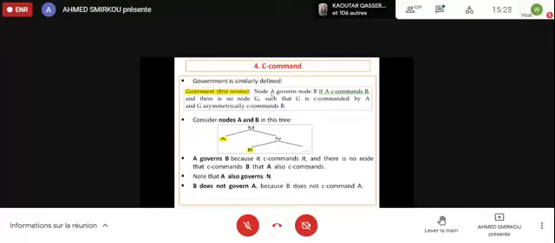Government: node A governs node B if A secaments B, and there is no node G such that G is secamented by A and G asymmetrically secaments B. Asymmetrically secaments B. I'm repeating this